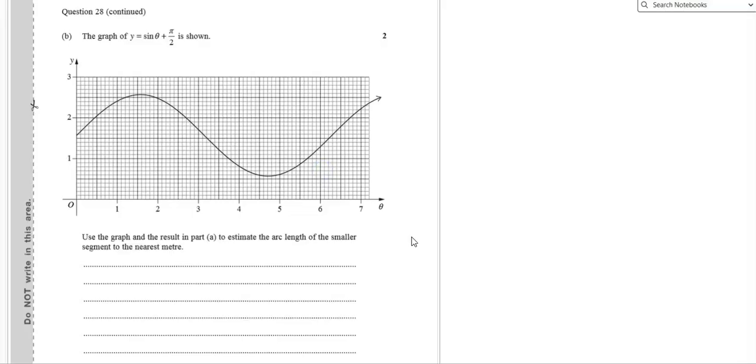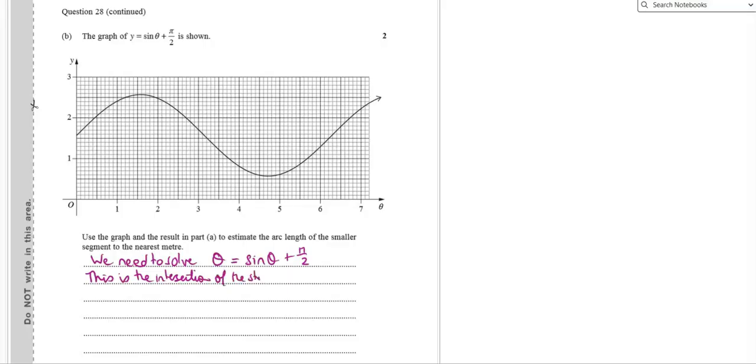Part B gives us the graph of y equals sine theta plus pi on 2. We can see that that is a sine wave that's been translated up by pi on 2. Use the graph and the result in part A to estimate the arc length of the smaller segment to the nearest metre. So we need to solve theta equals sine theta plus pi on 2. So this is the intersection